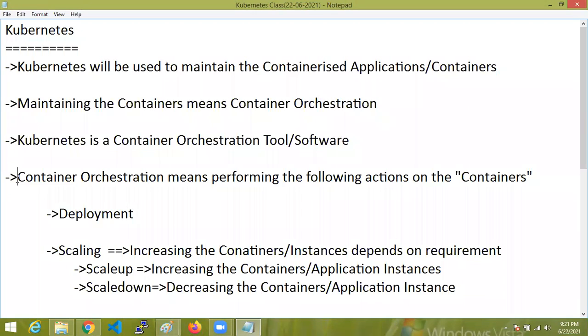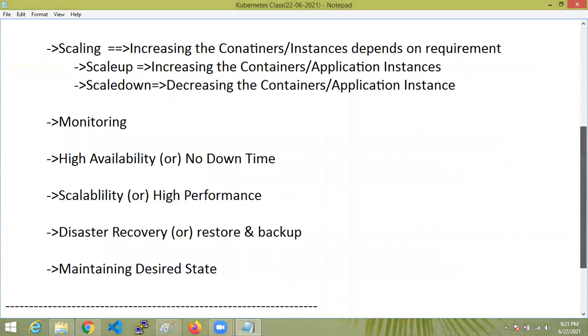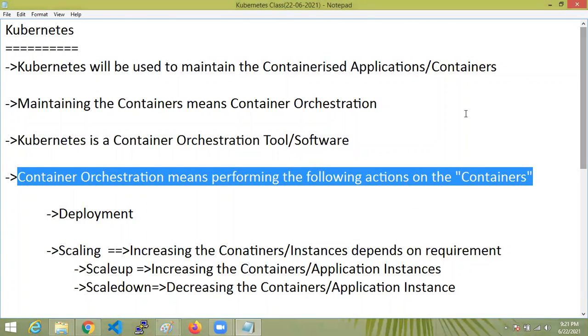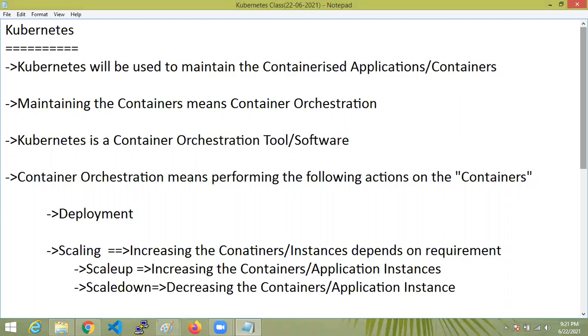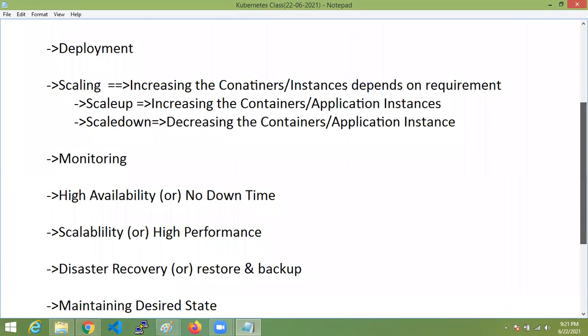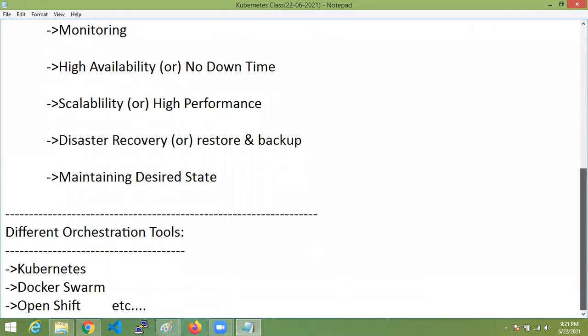What is container orchestration? By performing all these actions, we call it container orchestration. Whatever Docker containers we have learned till now, we are going to maintain those containers automatically. That means deployment, scaling, monitoring, higher availability, disaster recovery, maintaining the desired state, everything we achieve with an automatic tool known as Kubernetes.